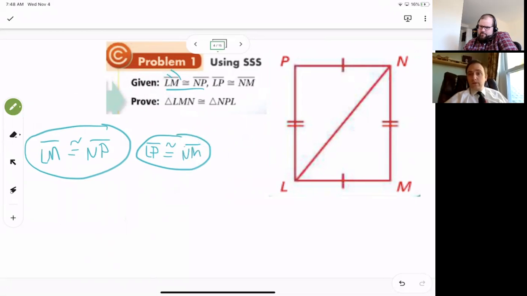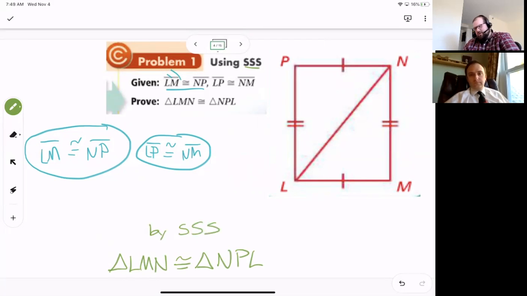So we need a third side. One of the things that I like to think about is kind of the beginning and the end of this at the same time. So if we know that our goal is LMN is congruent to NPL, and we're told that we're potentially using SSS here,